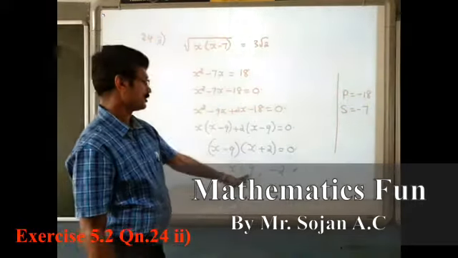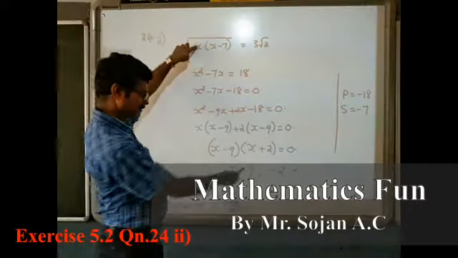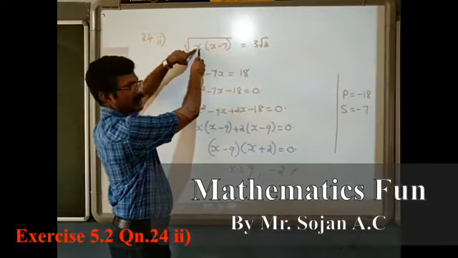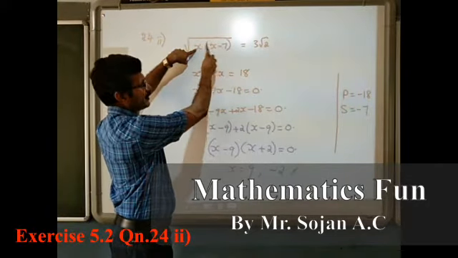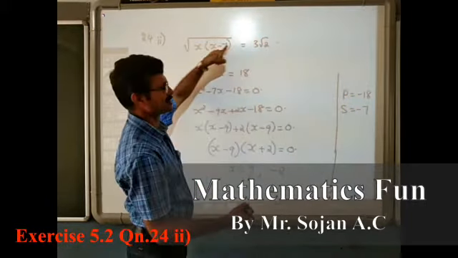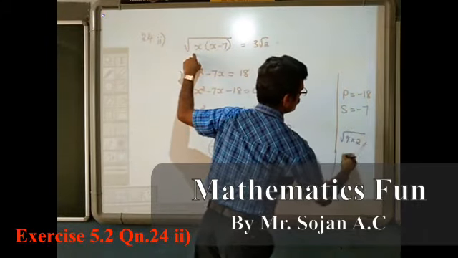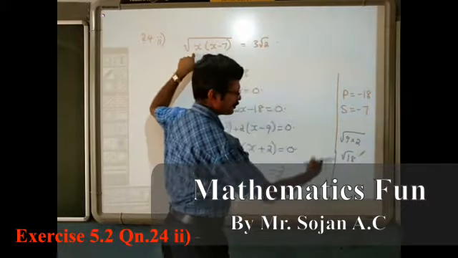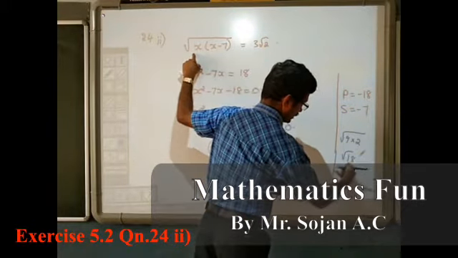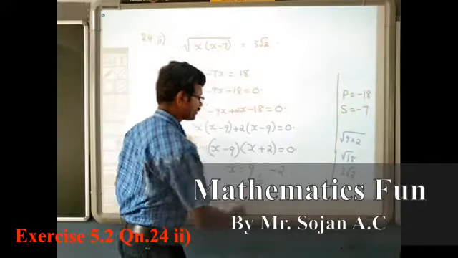Now don't stop here. You have to substitute and see whether it satisfies or not. See, first of all, if I put in 9, what will happen? Under root, 9 into 9 minus 7, it is 2. So it is root 18. Root 18, if you simplify, can be written as 3 root 2. Yes. That means 9 satisfies. The value x is equal to 9 satisfies. So this is one of the roots.